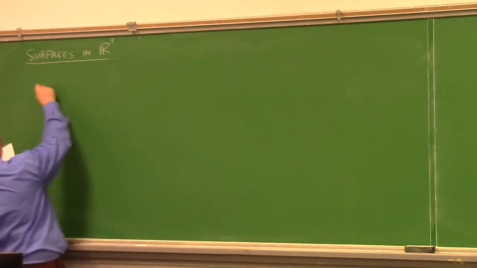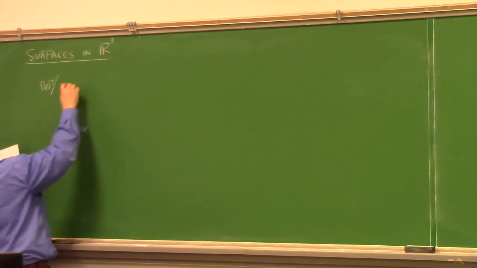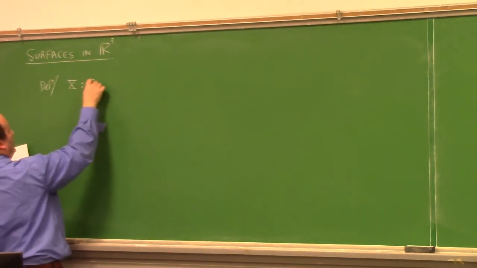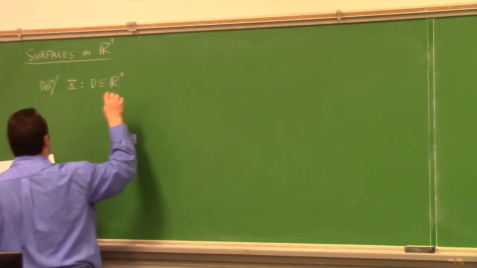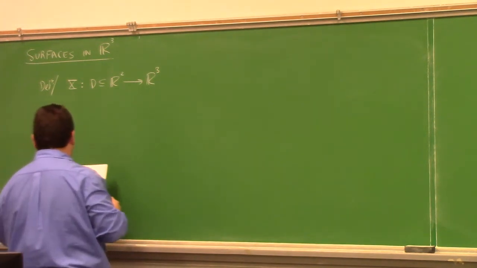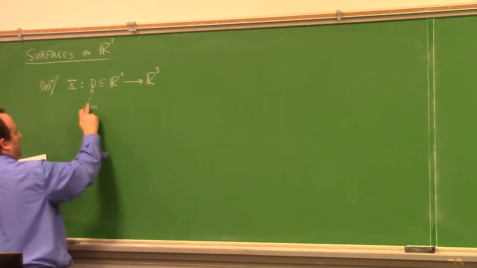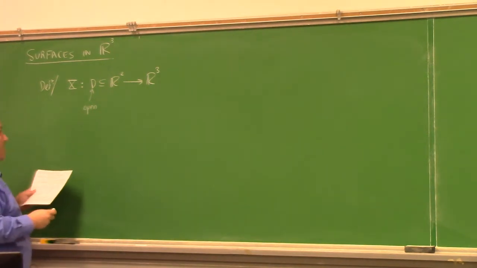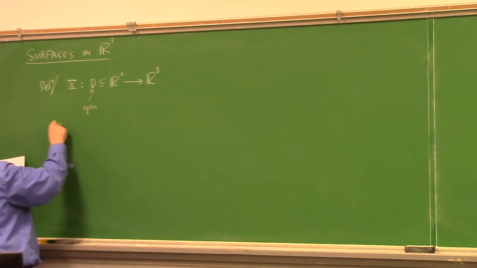And so here it is. So first of all, we have to define the ingredients. And so one of those, I'll use a big X for it. Big X is going to be mapping from D, subset of R2, to R3. And this has to be open. What does it mean to be an open subset of R2? So what I'm defining right now is a quote-unquote proper coordinate patch, okay?